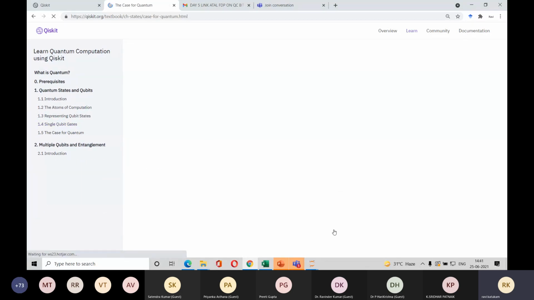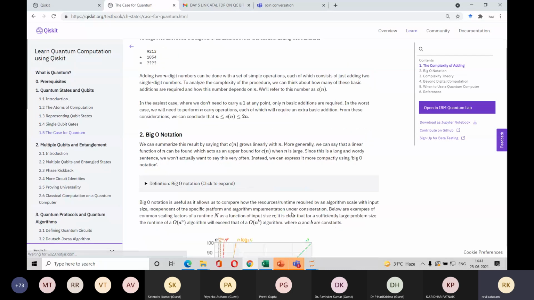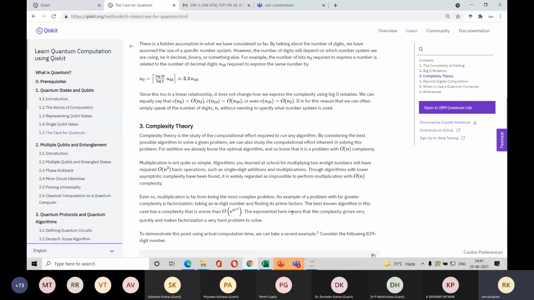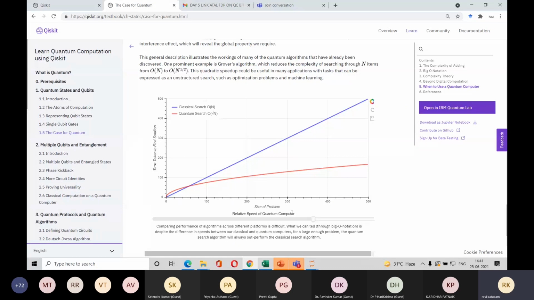So then there is an important discussion we did. When do you use quantum? That's where we ended up discussing the big O notation. So big O is nothing but how many iterations you do to achieve a certain specific computation. For example, in a search problem, if your search space is limited, for example, if your problem size is maybe within 450, then you will see the time to find the solution by quantum is more than the classical.